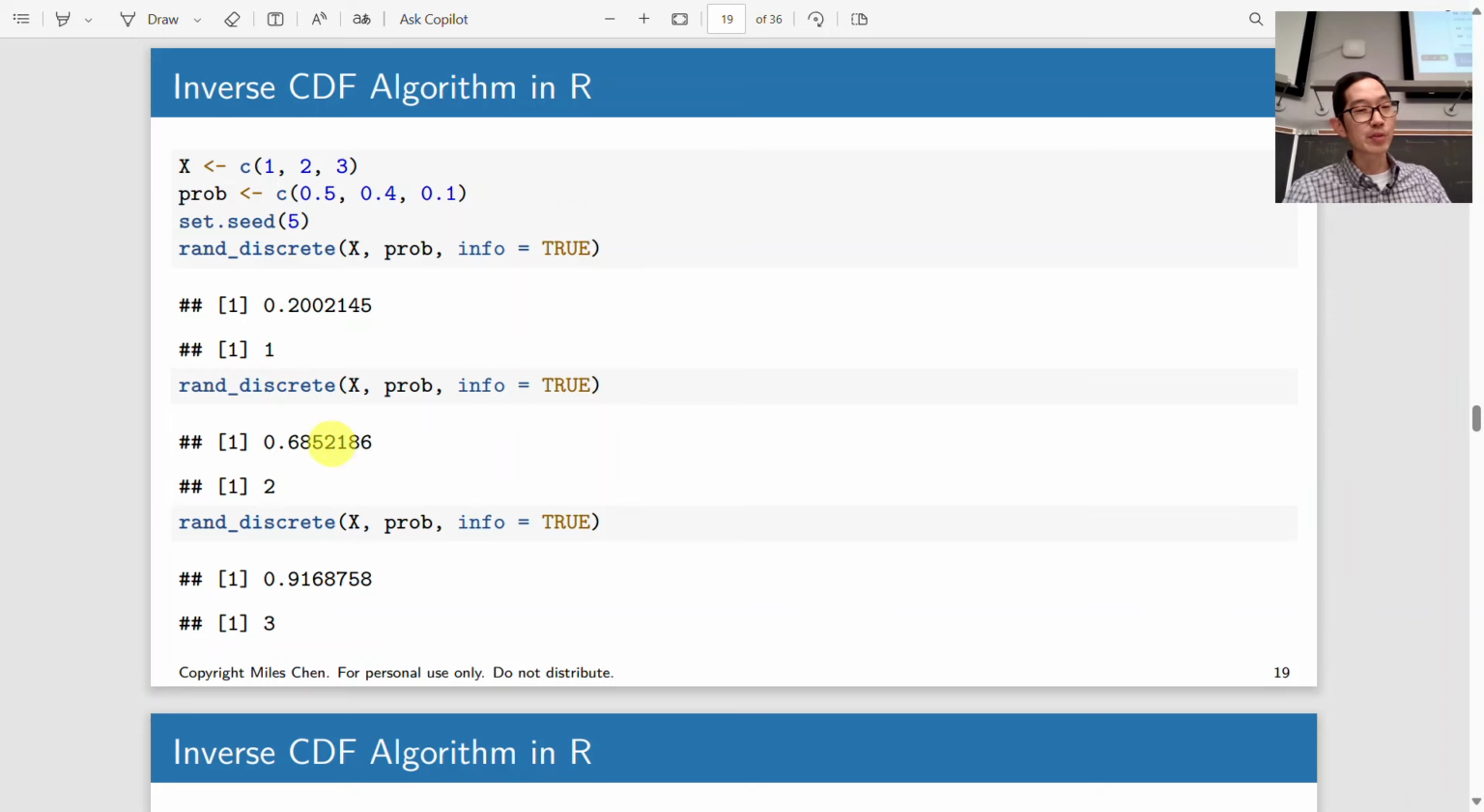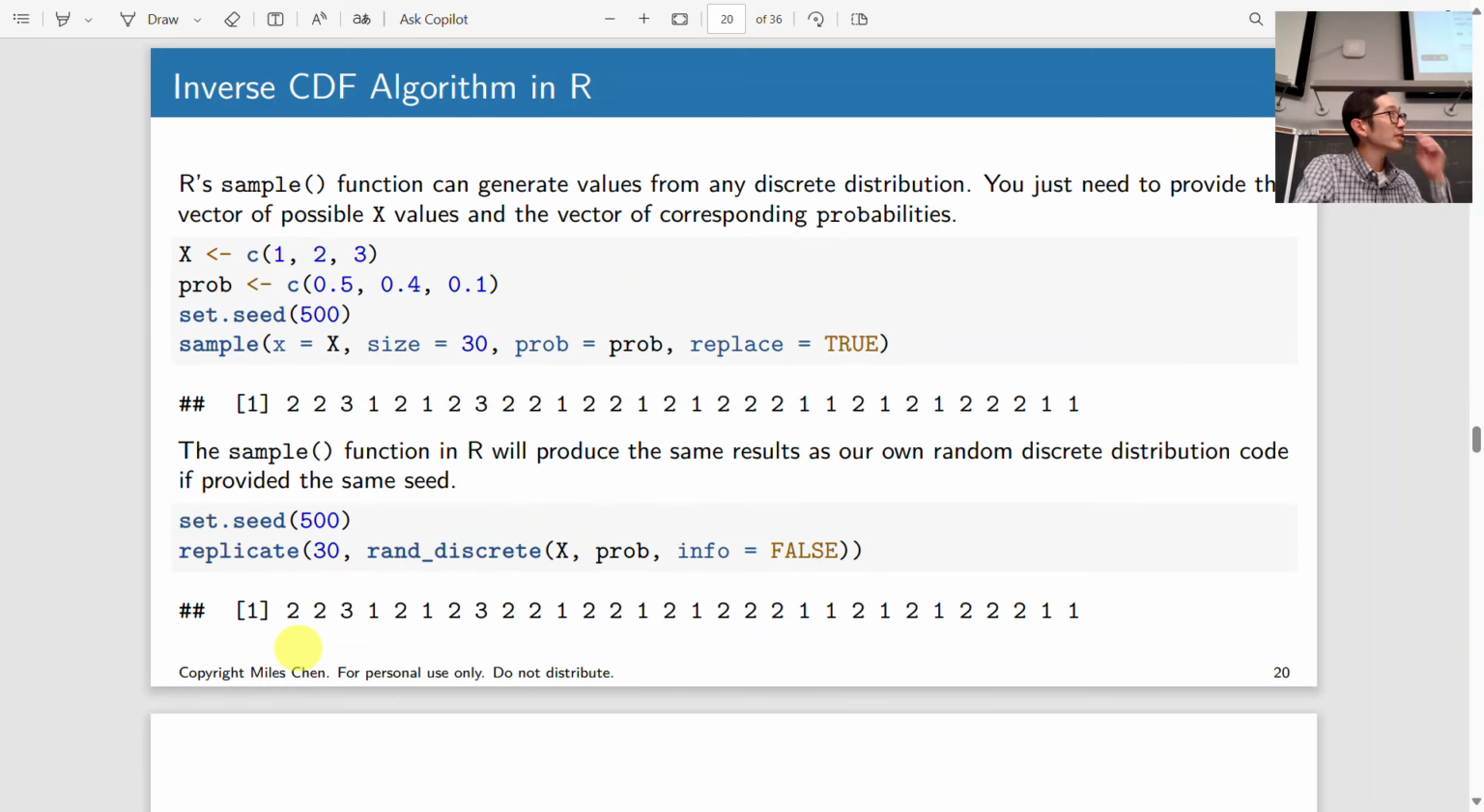If my random value of u is 0.68, that corresponds to the random value 2. If my random value of u is 0.916, that corresponds to random x value 3. Okay. R actually has a built-in function. When you use the function sample, you can give it a vector of probabilities. So here I have x is 1, 2, 3, and I can give it this vector 0.5, 0.4, 0.1,